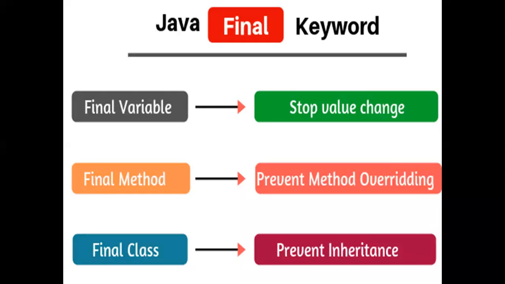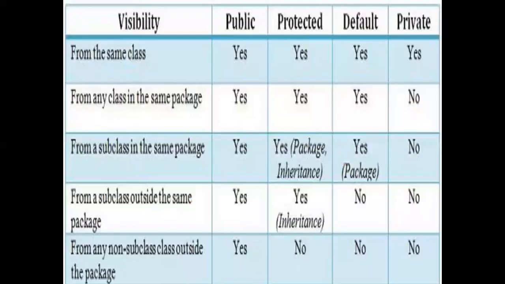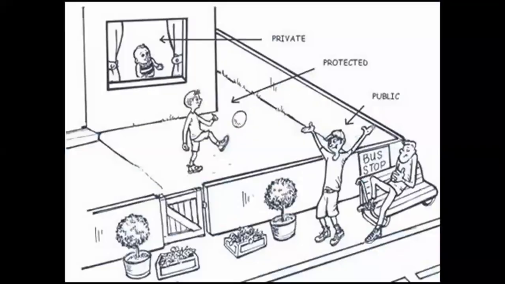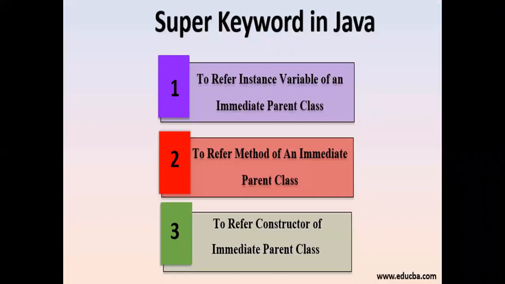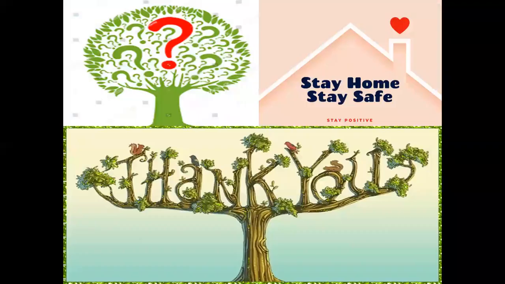So the time is running away. In the next class, we are going to cover the public, private, and protected access specifiers. The people who have studied the C++ programming language already have a good idea of these three keywords. They are very simple. And then we are going to cover the super keyword in Java. We have already studied the super keyword while discussing constructors. And then we can close the keywords topic with those two things.